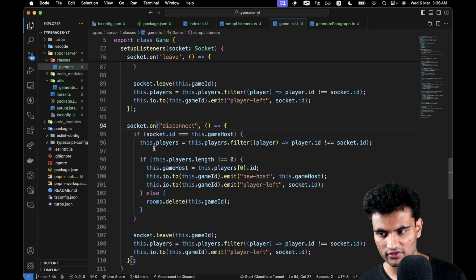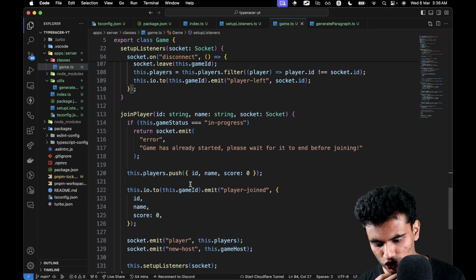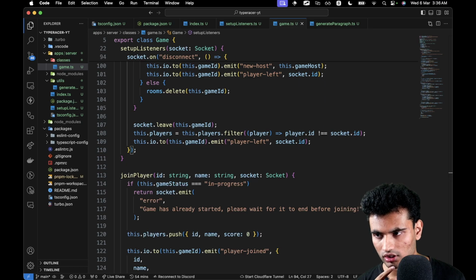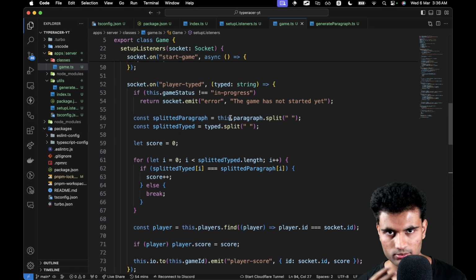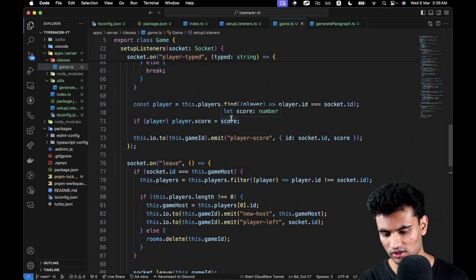So we have the ability to do that. So yeah, I think our entire backend should be done right now. Yeah, it's pretty much done. Yeah, now we can move to the front end part, and we can listen to all the things that the